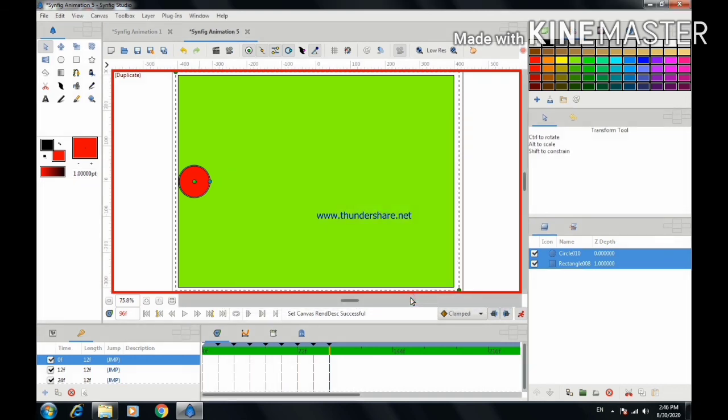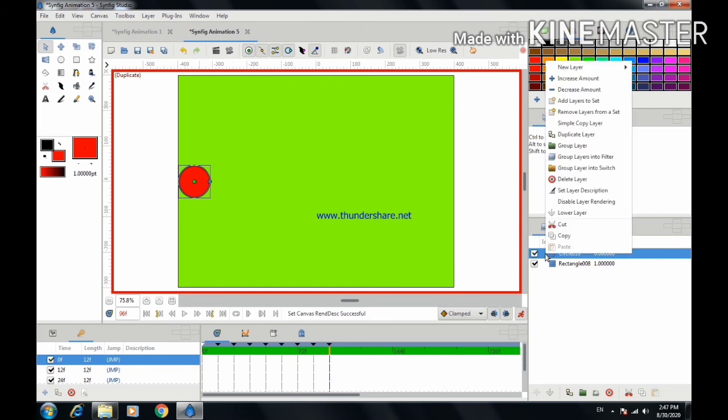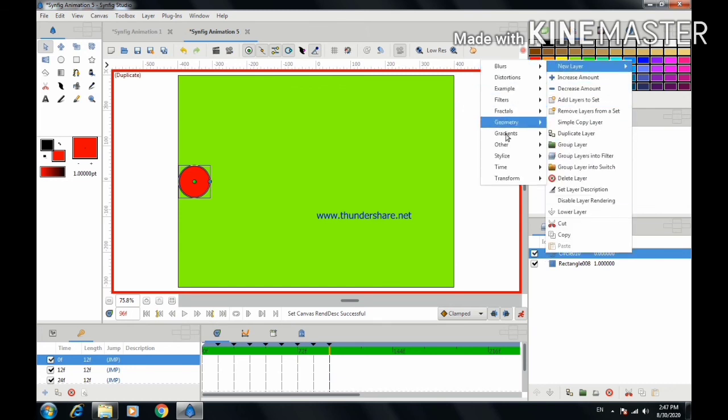So what I'll do, I'll simply put a time loop layer onto this animation and set its loop time to 4 seconds. So how do we do it? Simply click on this circle layer, right click, new layer, time, and time loop.